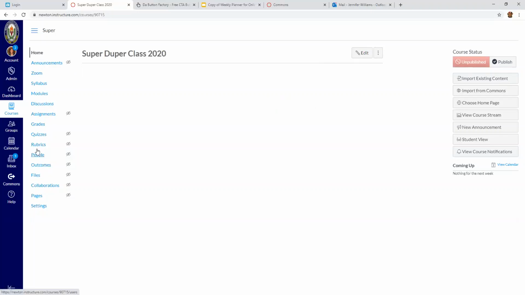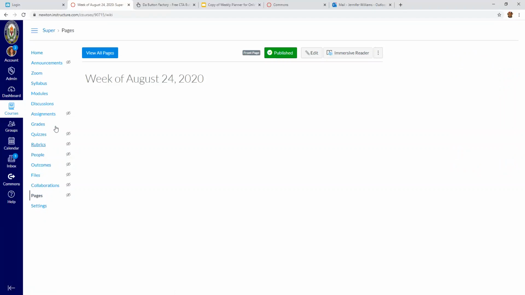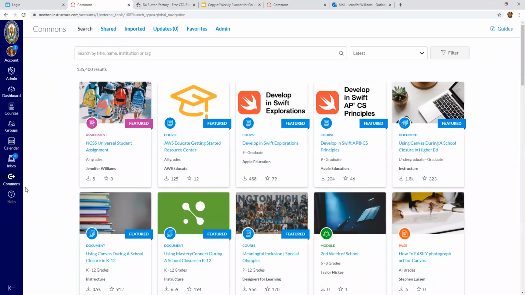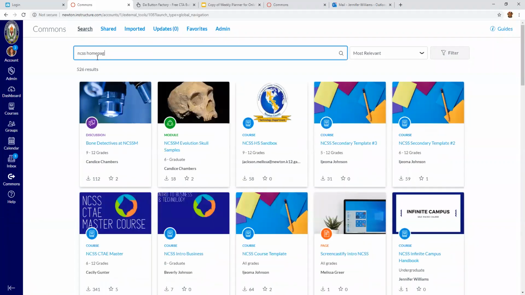So I'm going to go back to pages. Here's my front page, the week of August 24th, and I can start building. Now, I hate to build from scratch. So what I did was I went to the Commons. And in the Commons, on the left-hand side, there's the Commons. If you type in NCSS homepage,